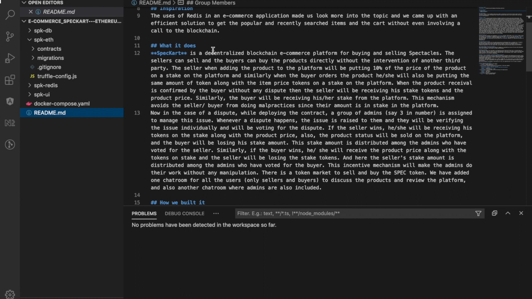So you'll be thinking why the sellers and buyers should be loyal, or why they should not do any malpractices in this. For that, what is happening here is, when a seller is joining the platform,